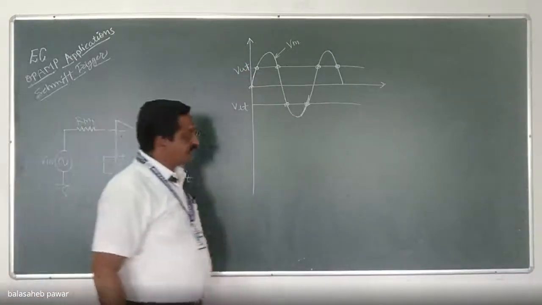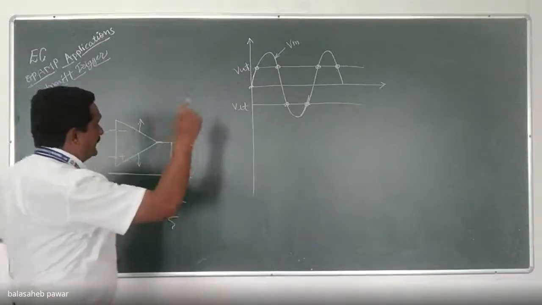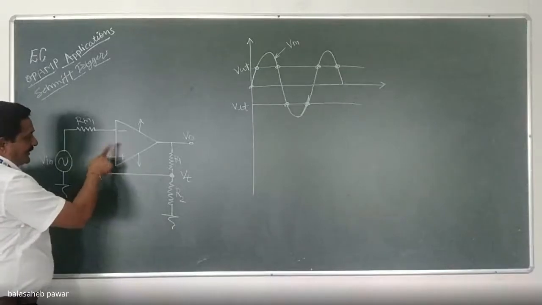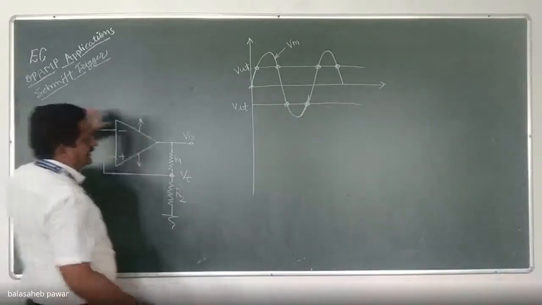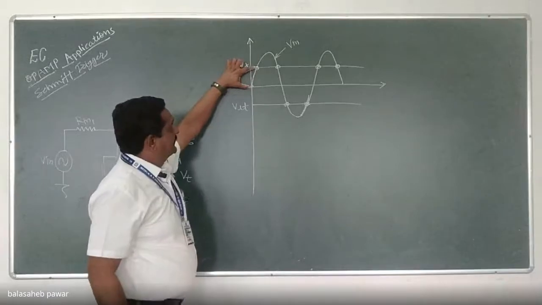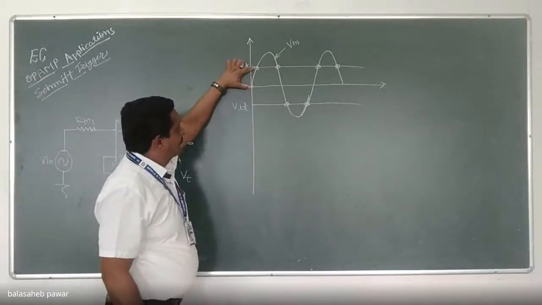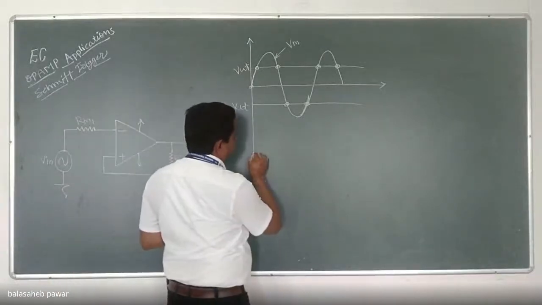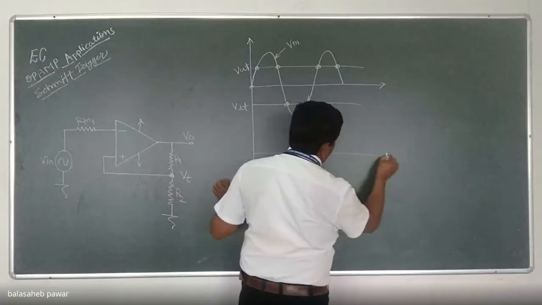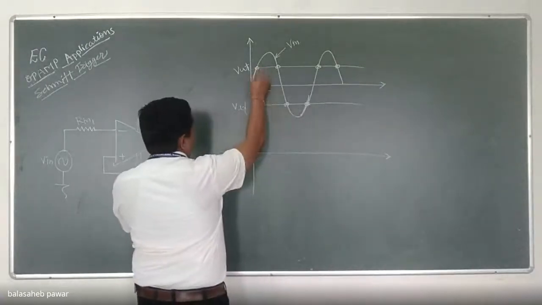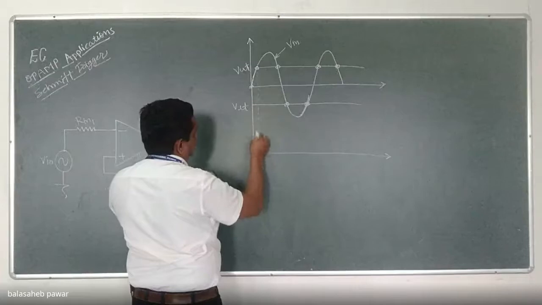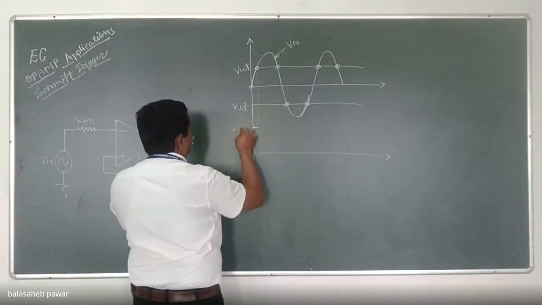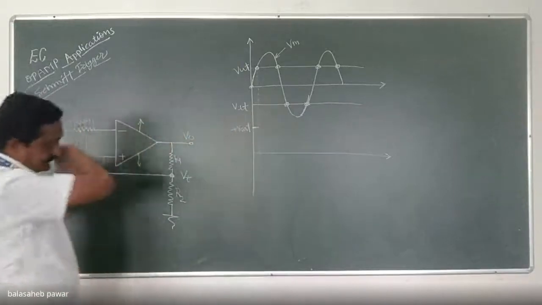Okay. Where VUT is applied, that VUT is available at the non-inverting terminal. So the non-inverting terminal is more positive as compared to Vin for the shown time duration. That means up to over here. And hence, what will be the output of this circuit? It will remain plus Vsat. So for this much time duration, the output of this circuitry will remain plus Vsat, right?